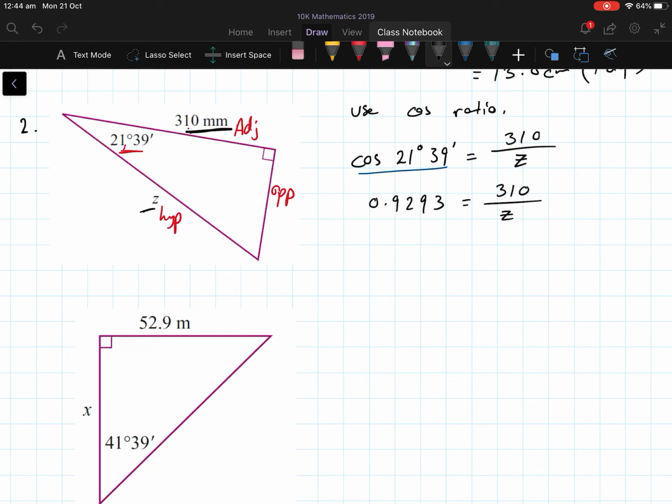Now at this point, what we do is you take this value and the Z and you switch them. So if my X or Z or whatever I'm trying to find is in a denominator, I switch them around. So Z is equal to 310 over 0.9293, which is equal to 310 divided by 0.9293, and what are we going to find? It's going to be equal to